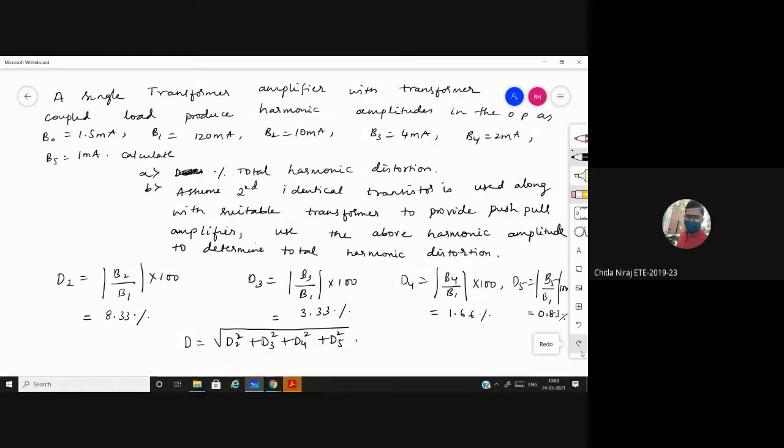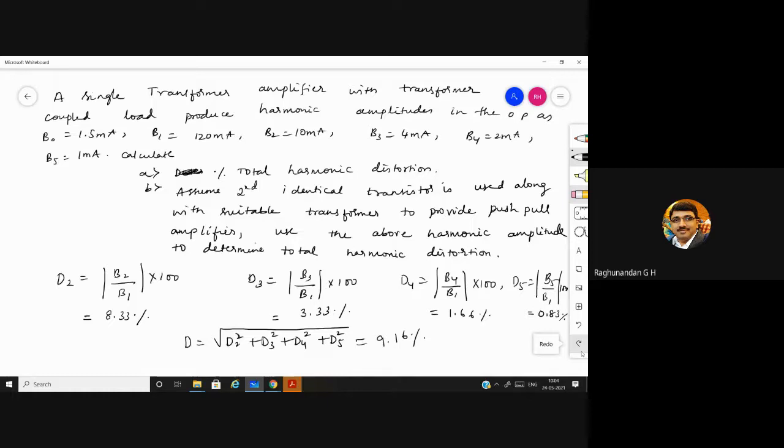Is it 9.1627? Yeah. Others, what are you getting? 9.16. Yes, sir. Okay, 9.16%. See, after this, next they have told, assume second identical transistor is used along with a suitable transformer to